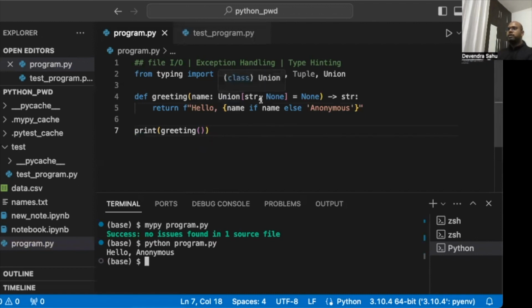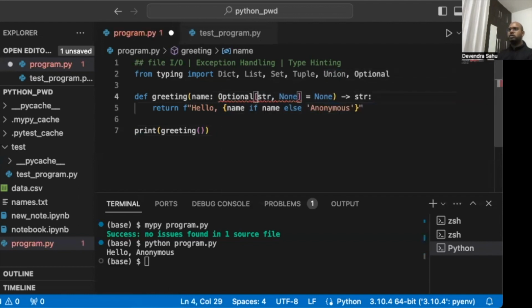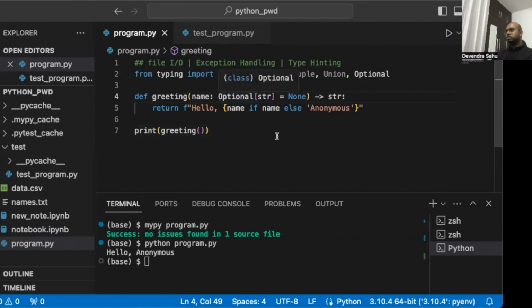So the type here is basically either name could be str or name could be None, any of these types, and the default value is None. Now there is one more type called Optional. So instead of writing this long thing, we could have just used Optional[str], and this is effectively the same thing. Instead of using Union[str, None], you could use Optional[str]. Let's run it again,